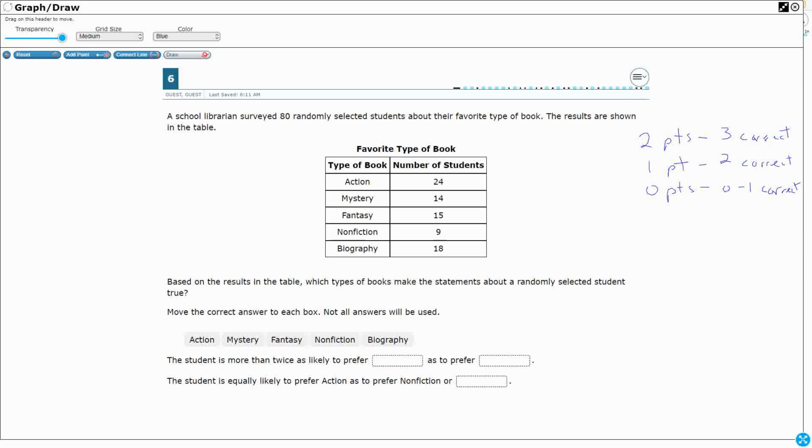So let's look at what we've got. We've got a school librarian surveying 80 random students about their favorite book. We get the results, which means if we were to simply add all of these answers up, that's the experiment they did here, and that's the data set we're working with: they asked 80 kids, what's your favorite type of book? Now, based on the results of this table, we're going to make statements about a randomly selected student. So if you took this data set and randomly pulled out one kid,